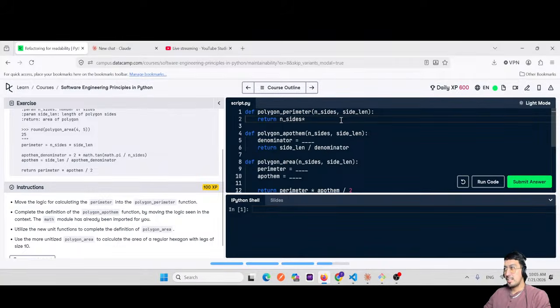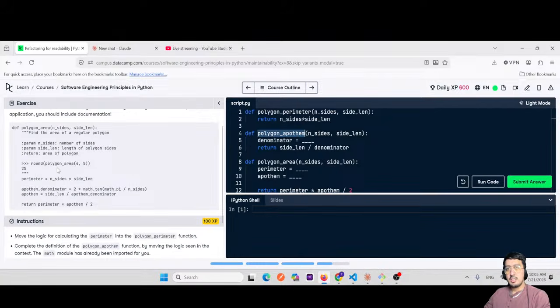So V should be end size times side length. Polygon apothem. Removing the logic. Side length and denominator. And the denominator is this. Okay, then the polygon area